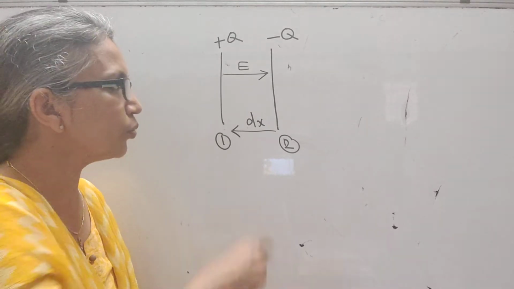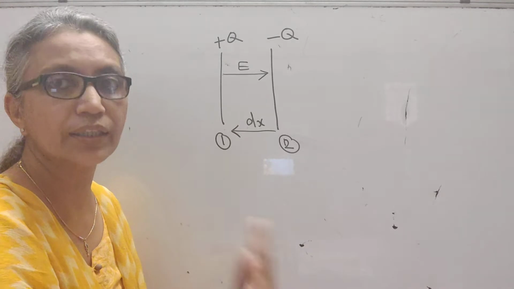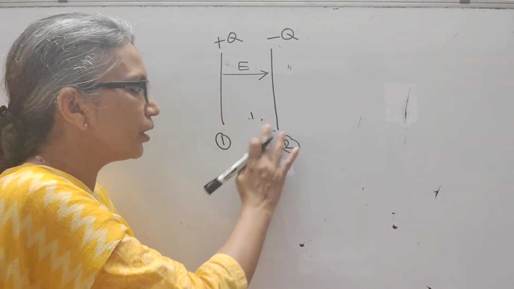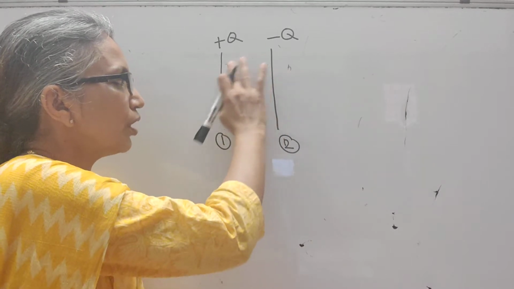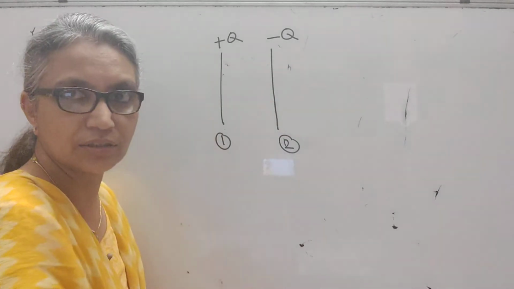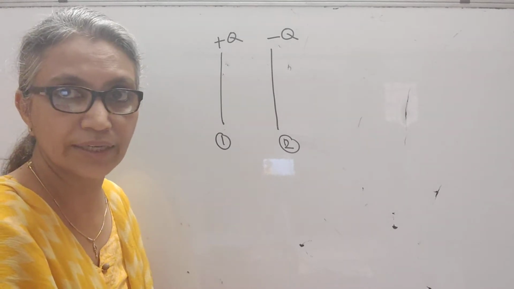That negative work done will be stored as energy. I have always told you, work done against a force will be stored as energy. So that is how in a capacitor, as the plates get charged, you are transferring positive charges against the electric field, and that work done against the electric field will be stored as its energy.